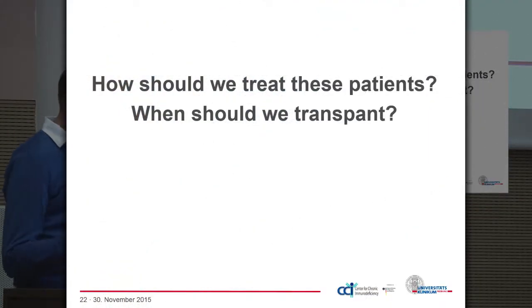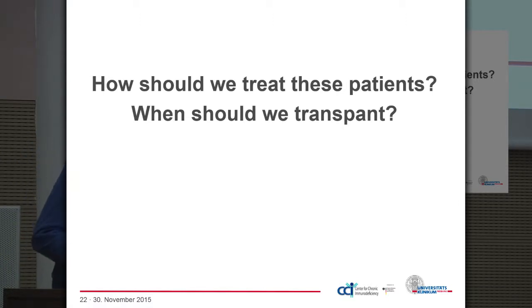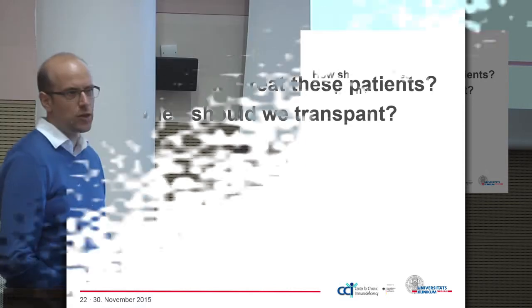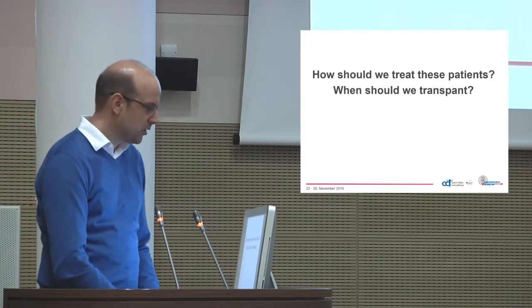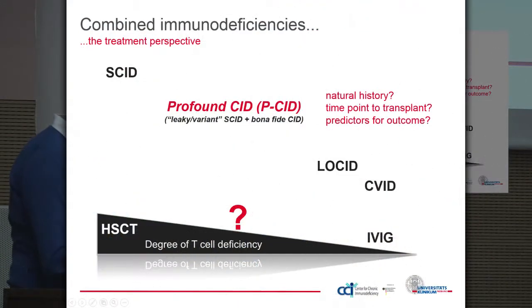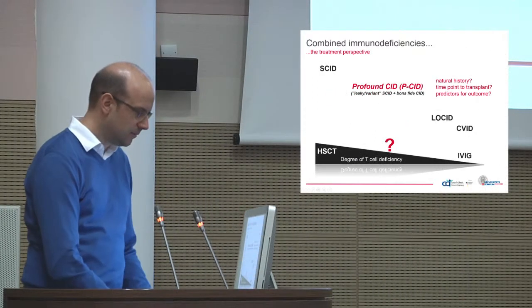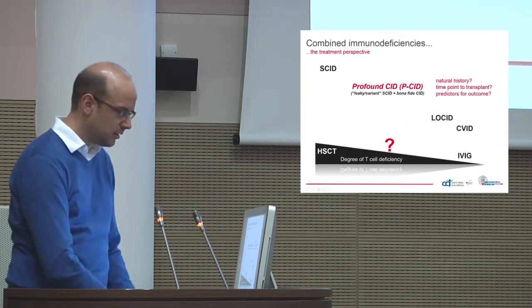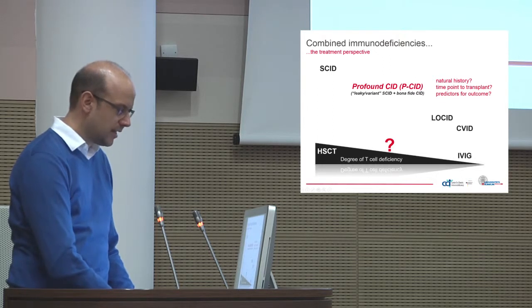So these patients are there. We know now how to identify them, but what do we do with them? How should we treat them, and when should we transplant these patients? Again, I've shown you this slide before, and those emerging questions, what is the natural history, what is the optimal time point to transplant, are there clinical or laboratory predictors to foretell which patients are at particular risk to develop a problem, has been really